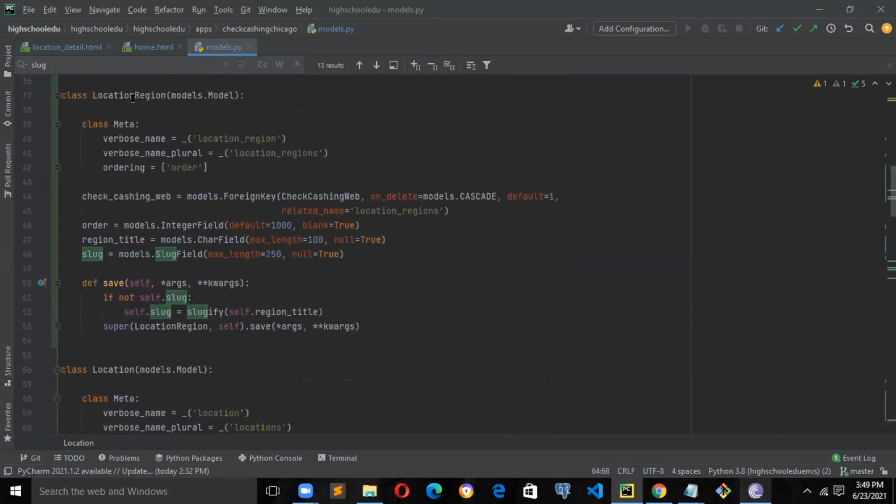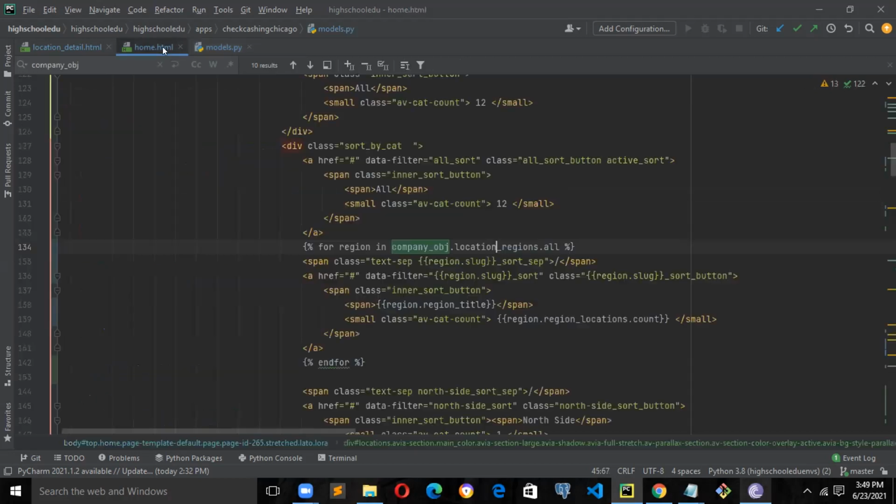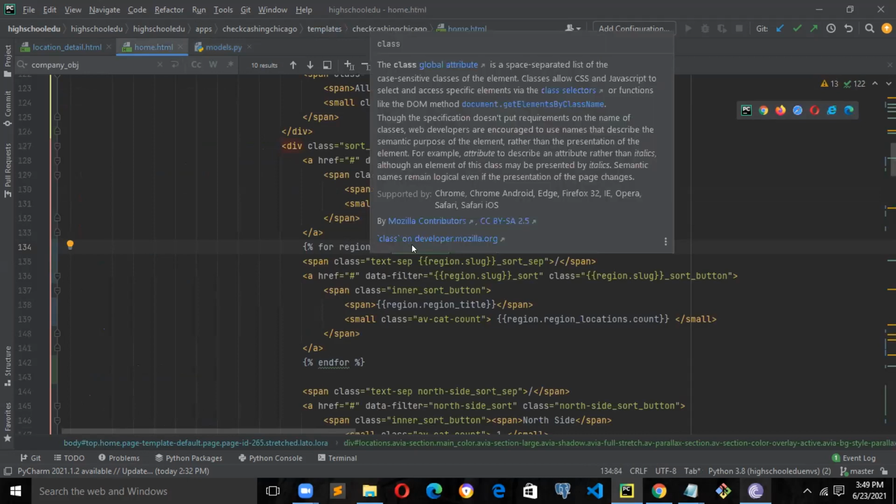Location region. Location regions linked to here. That's okay, this is good. See, the location regions is connected to the company object through location regions. So when you go into here and we're doing the loop for regions in company.location regions,